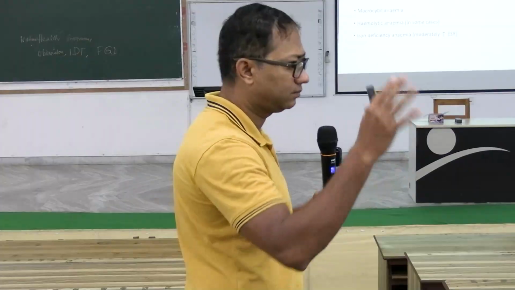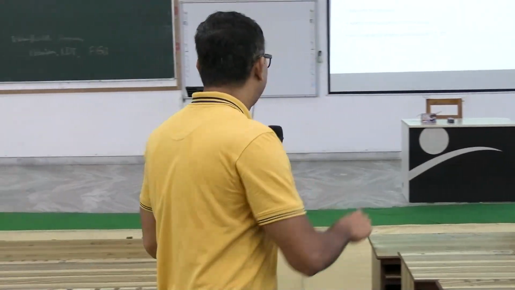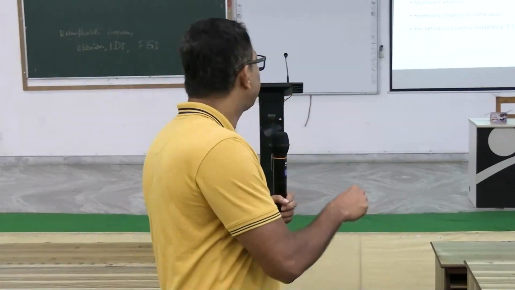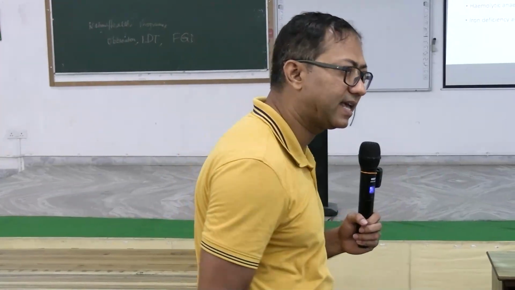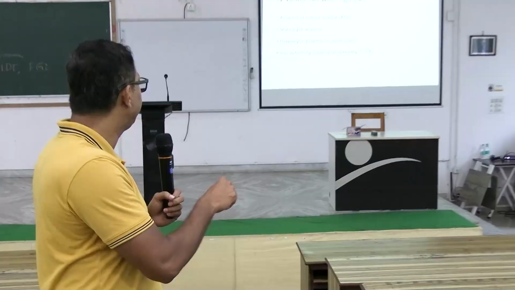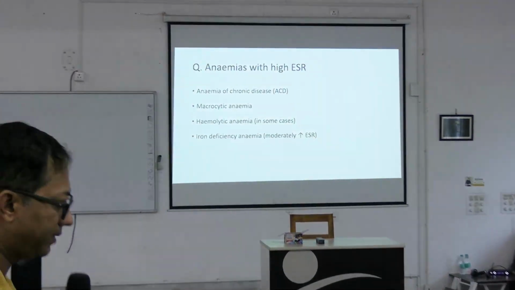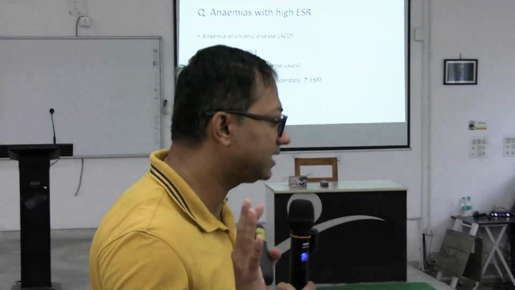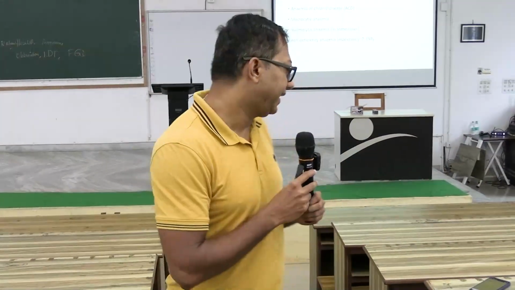So that should happen in anemia as well, because the relative percentage of RBCs is decreasing. So what type of anemia? Anemia of chronic disease like CKD, chronic kidney disease, macrocytic anemia, hemolytic anemia, and iron deficiency anemia. All these will be characterized by high ESR. In all of these I will have high ESR, okay, except one,